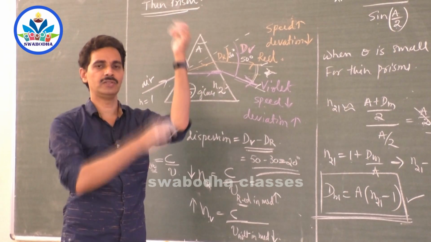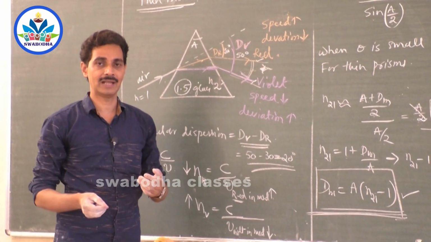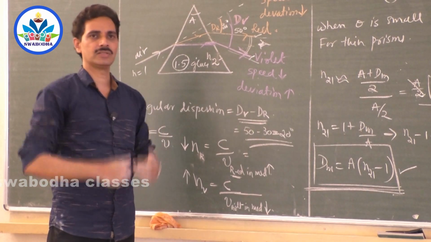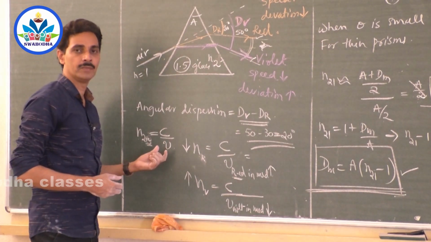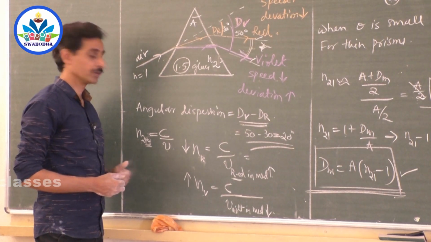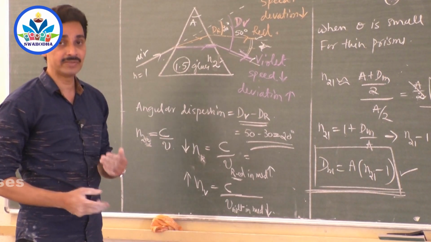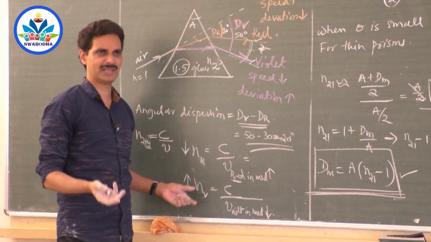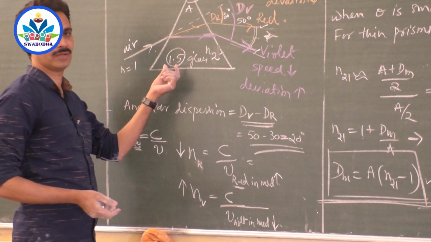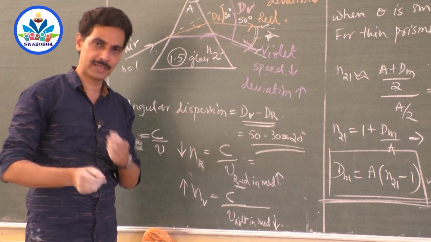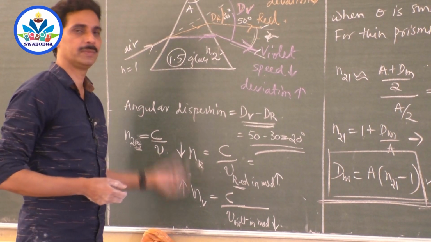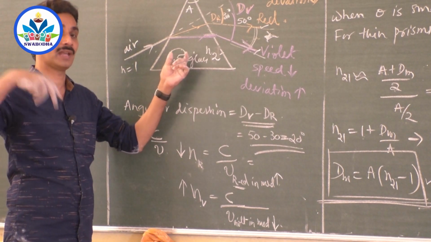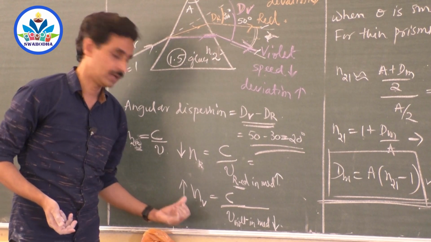So, if you try to calculate the refractive index of any medium by asking different colors, you will get different refractive indices. Usually we define the velocity of light in one medium to the velocity of light in another medium as the refractive index of that medium. But which color? Different colors travel with different velocity inside the medium. Actually it is the average value, with respect to yellow, I can say, that we have written. So if you go on asking color by color, the refractive indices will be different. But one thing you have to remember: which color will give the refractive index of this medium as the highest value and which color will give the least value.